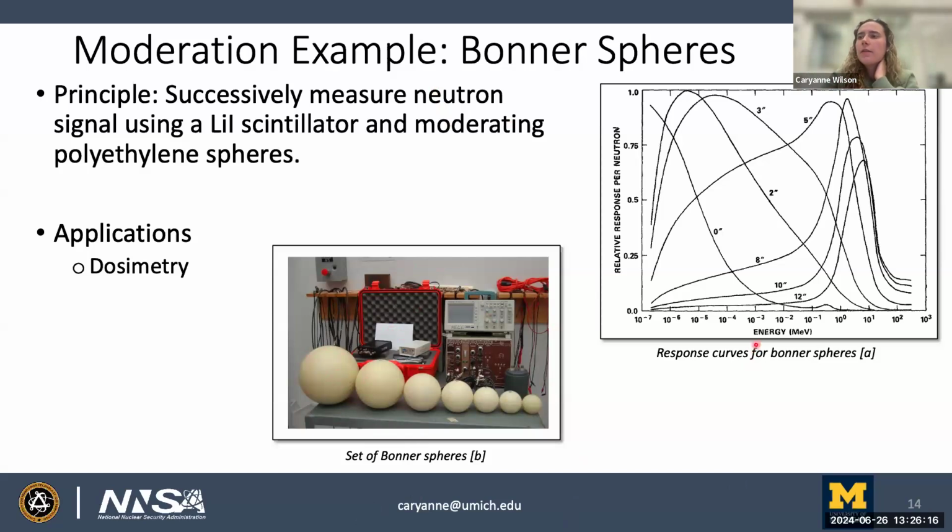So you can see if you have a 12-inch thick moderator, you'll basically eliminate all these thermal neutrons, because it'll slow them to thermal energies and then it'll take forever to diffuse into the detector. But it'll get these high energy neutrons to the right, at the perfect energy for this reaction. Versus if you have no Bonner sphere, you're going to detect all these thermal neutrons, but you'll have really poor efficiency